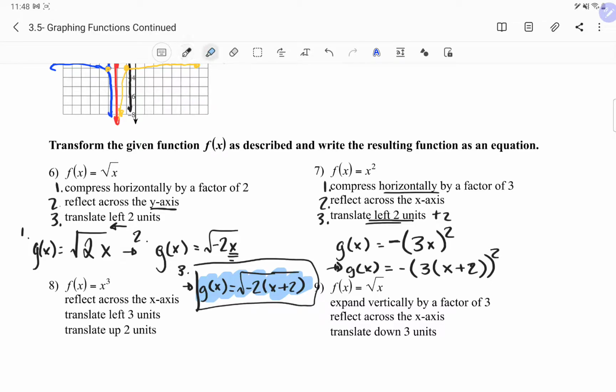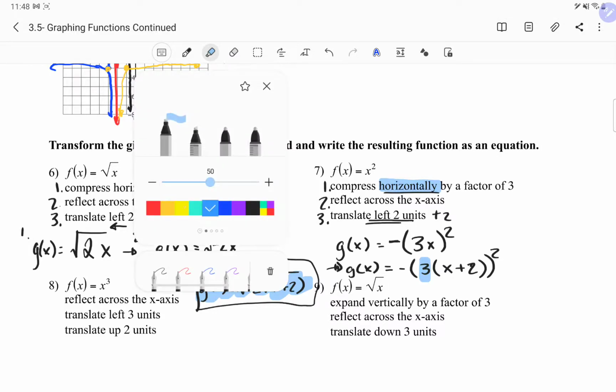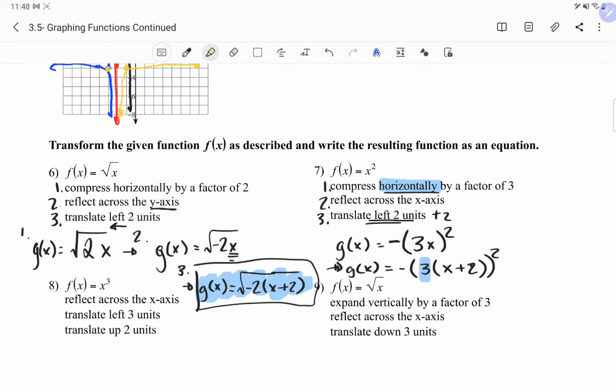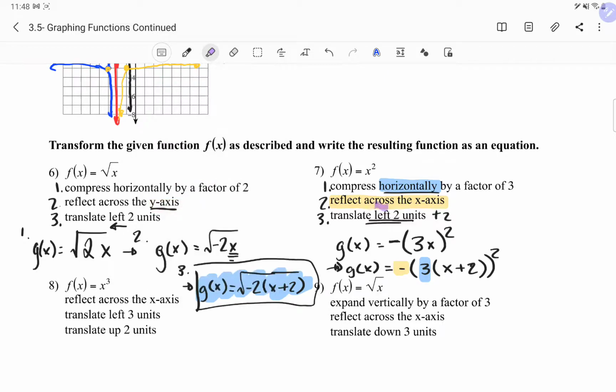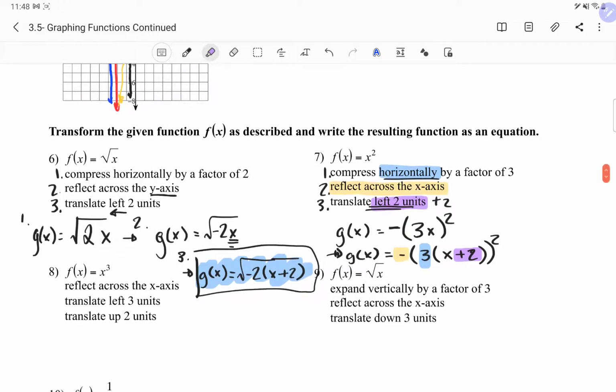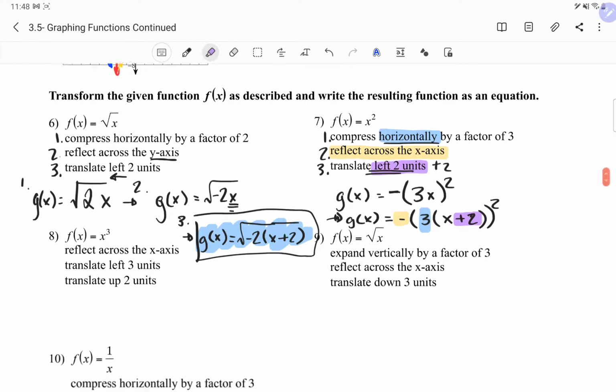Okay, so again, horizontally compressed. Then we have reflect across the x-axis, that's this. And then we have, we'll do purple, left 2 to that effect, that's this. Okay, so that's what we're looking for. This is the final equation. All right,